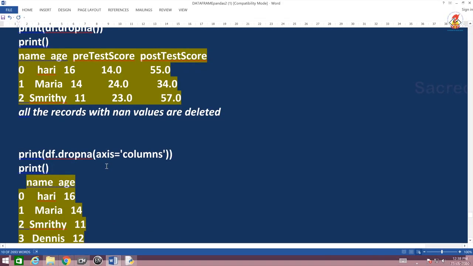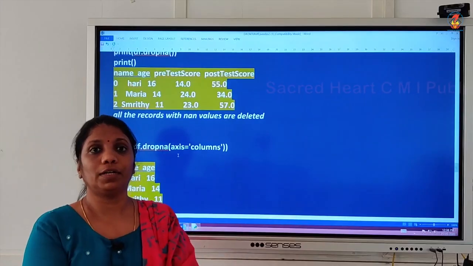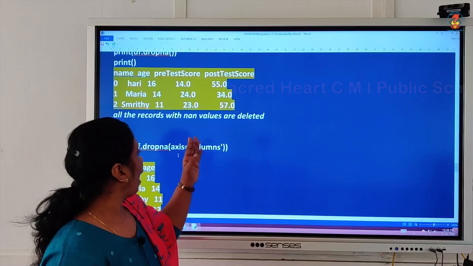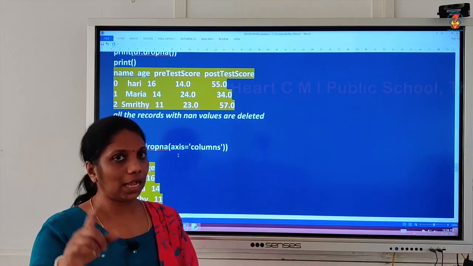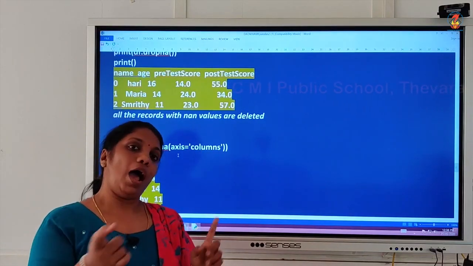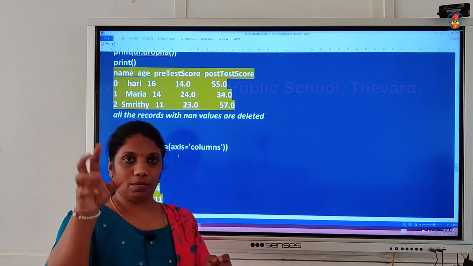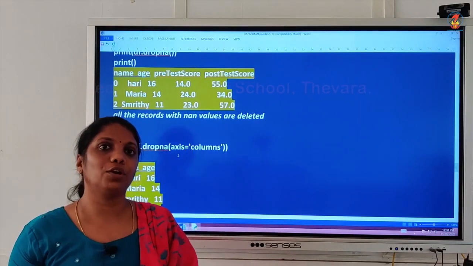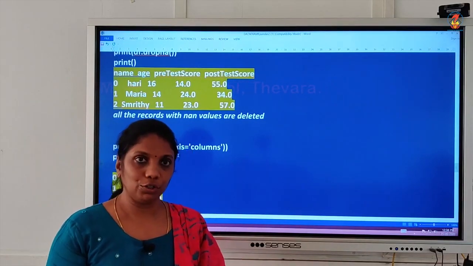The first argument, all the arguments are optional here, because as you saw, we can give the dropna function without any argument. Axis equal to 1 you can give, axis equal to 0 also you can give. I can also give axis equal to column, that means by specifying that in your single quotes, or axis equal to row.